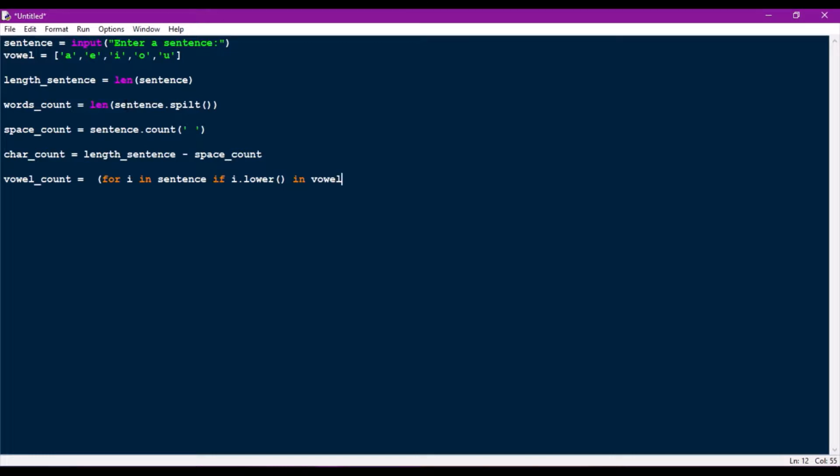If it is available, just return that character, and then find the length. This is the final step. So this is the optimized way to find the word count, space count, character count, and also the vowel count.